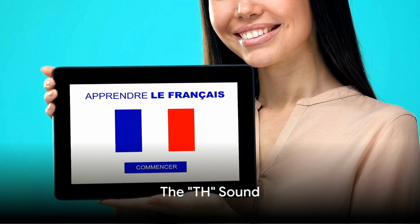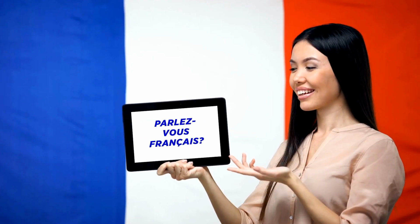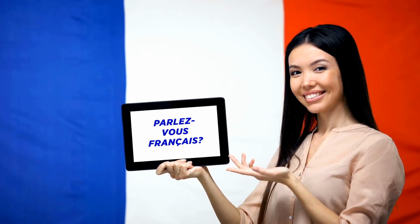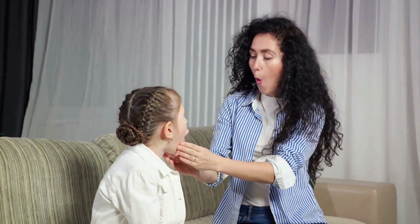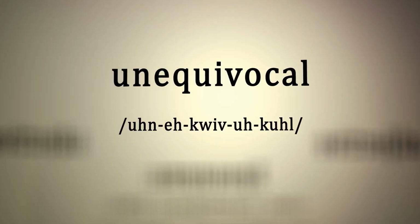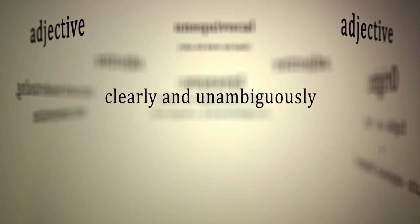Another hurdle for French speakers is the English TH sound. This sound, which is ubiquitous in English, can be a little tricky to master. It's a unique sound that doesn't exist in the French language. The TH sound comes in two varieties, voiced and unvoiced. The voiced TH is found in words like this, that, and the, where your vocal cords vibrate as you pronounce these words. The unvoiced TH, on the other hand, appears in words like think, three, and through, where your vocal